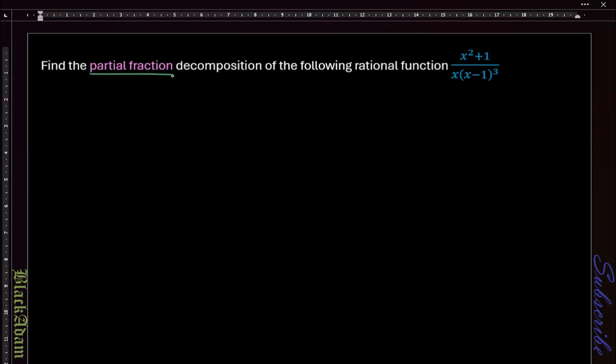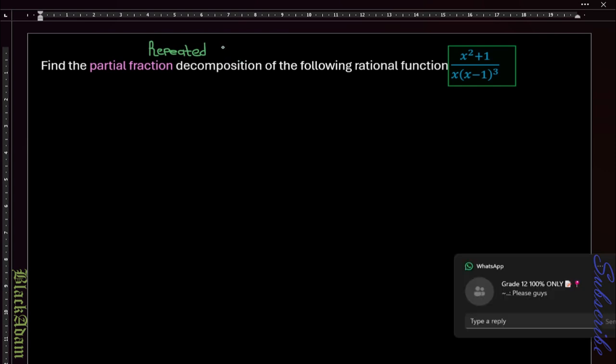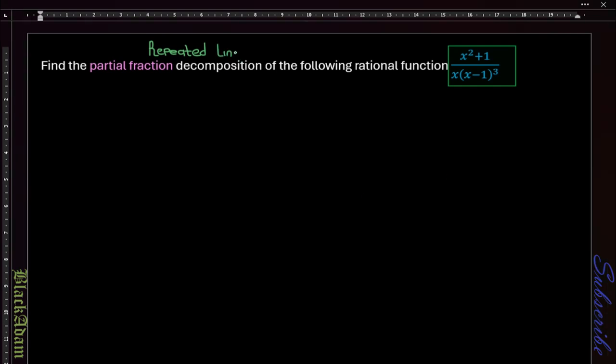We have a partial fraction, x squared plus 1 over x multiplied by x minus 1 cubed, and we need to decompose that. That's what we call repeated linear factors. So for repeated linear factors, we have a fraction p of x over q of x